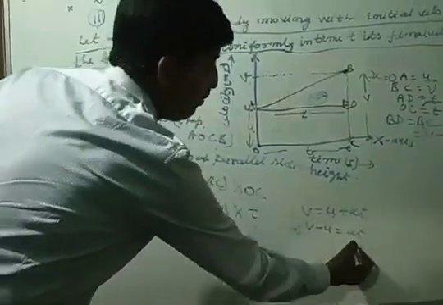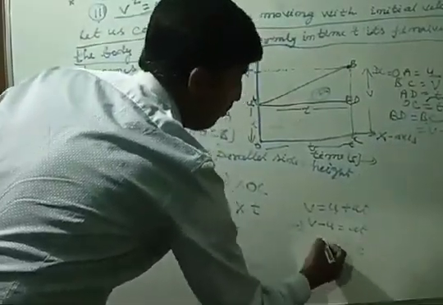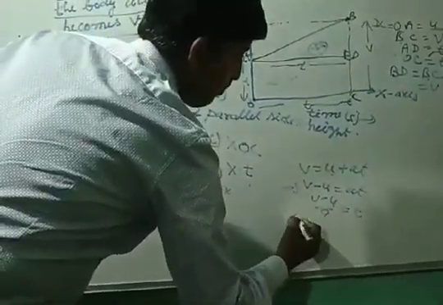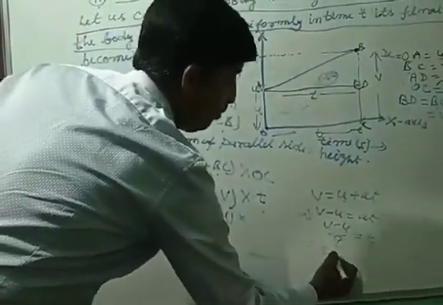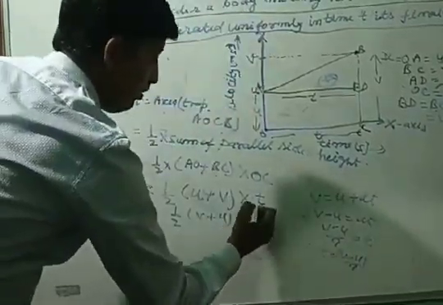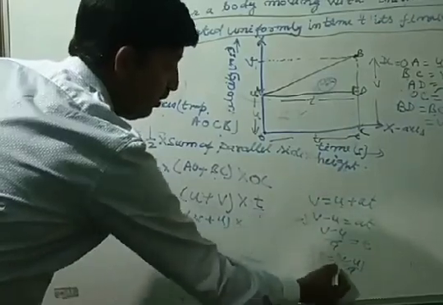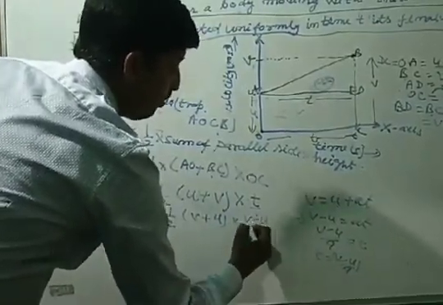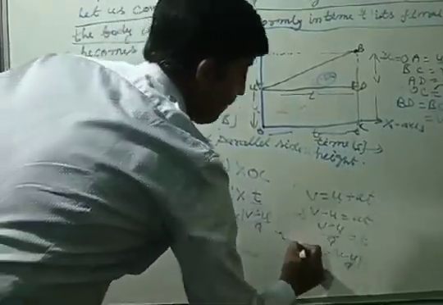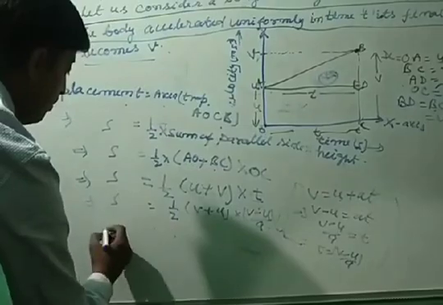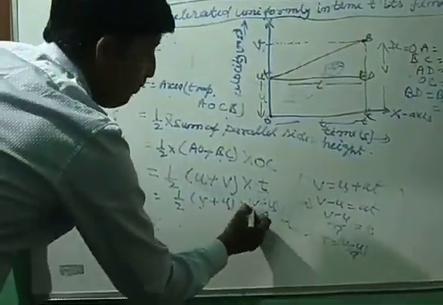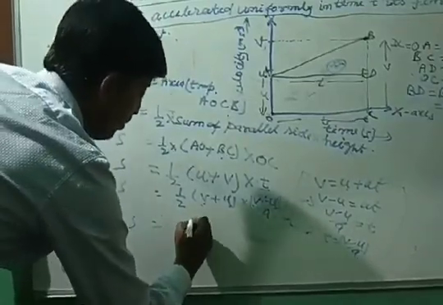So the value of T is equal to V minus U by A. After putting the value of T equal to V minus U by A in this equation, S is equal to V plus U into V minus U